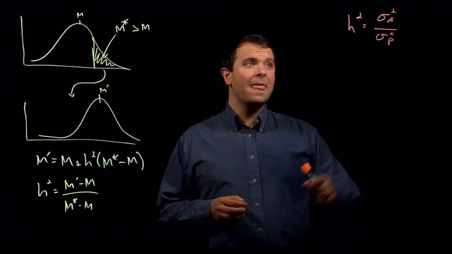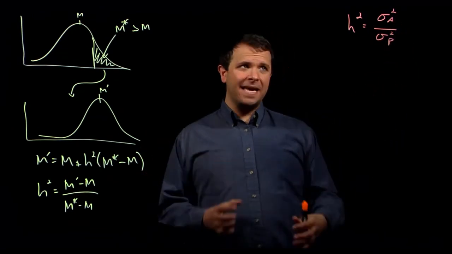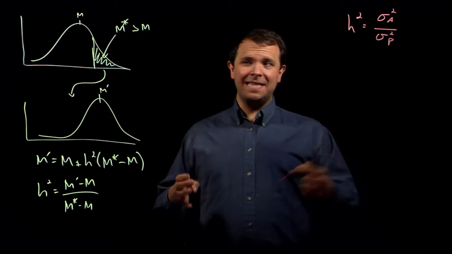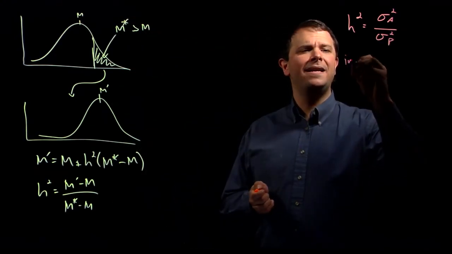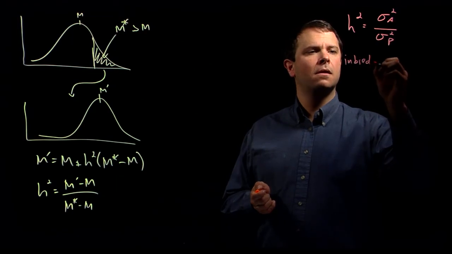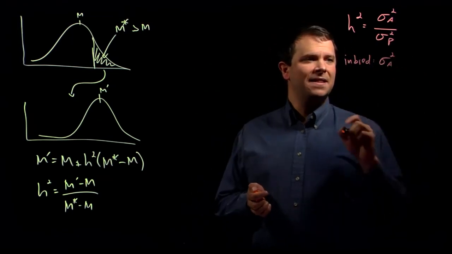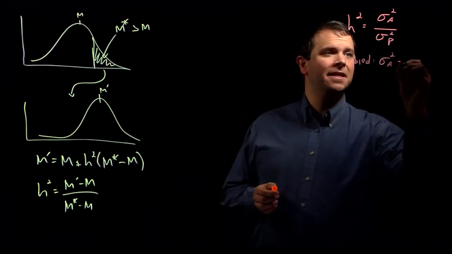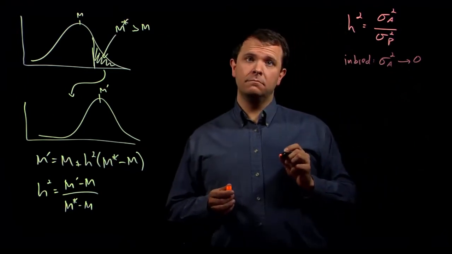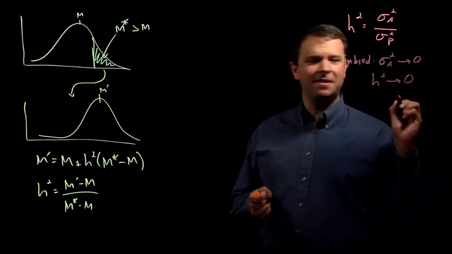And so, as all of those alleles become fixed, as this population of cows, say, becomes inbred, then the variance that is due to additive effects of different alleles approaches 0, which means our narrow sense heritability